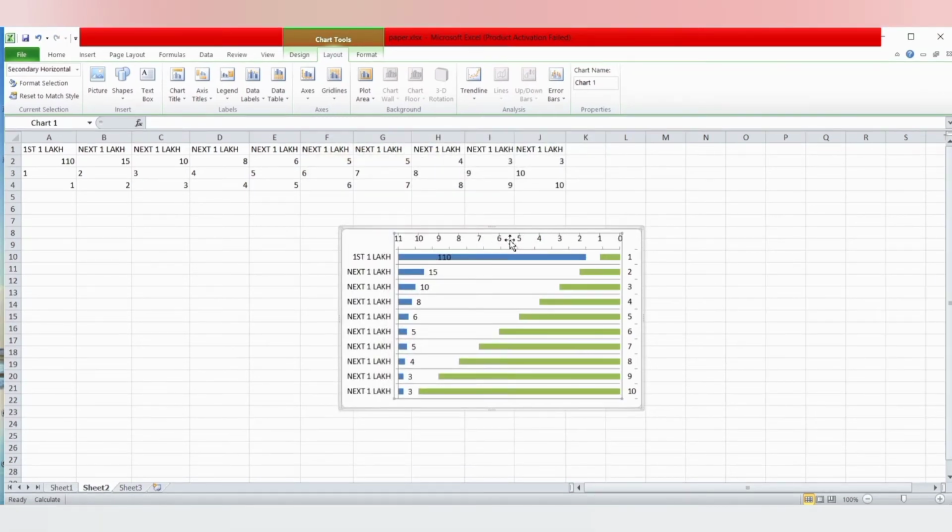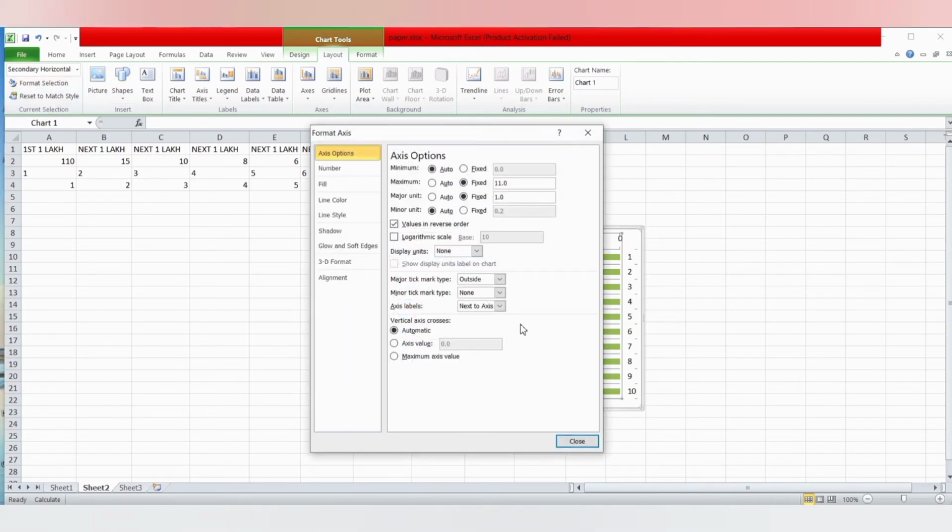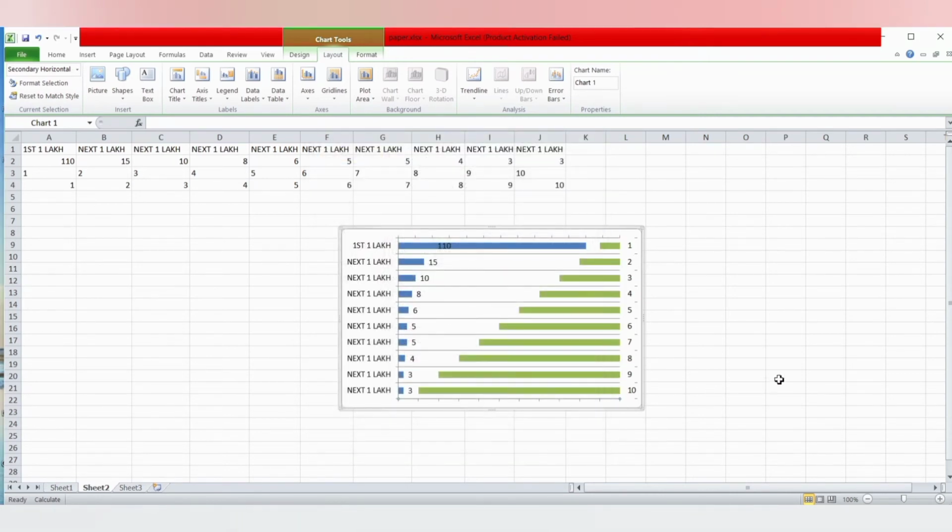Again we'll do the similar thing with this one. We'll select this, go to Format Selection, and in the axis labels drop down button we'll select None. Close. And we'll select these lines,